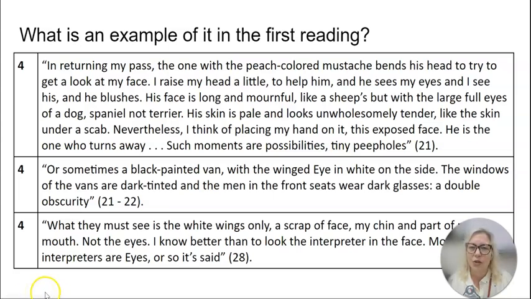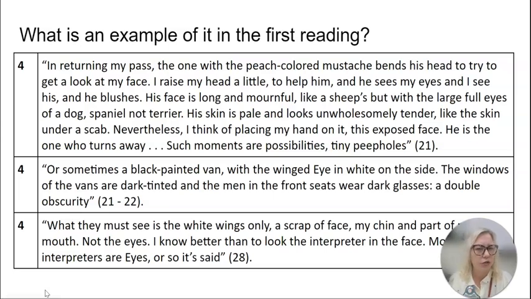And you don't need to be writing every single one of these down. I should have said that earlier, shouldn't I? I'm sorry. But you know what? You could mark them in your book if you wanted to. You could draw a little eye next to each one. That would be perfectly okay. And then in your packet,